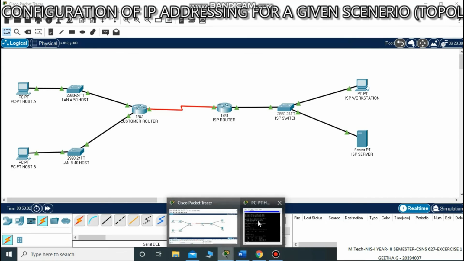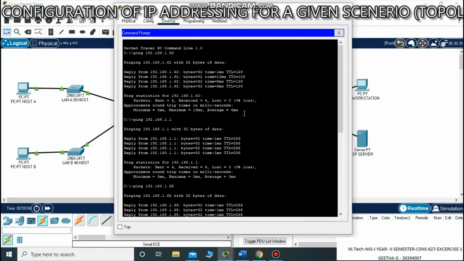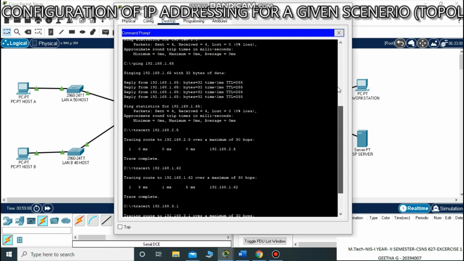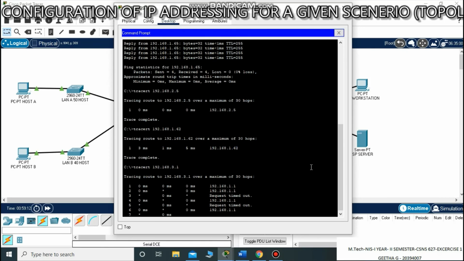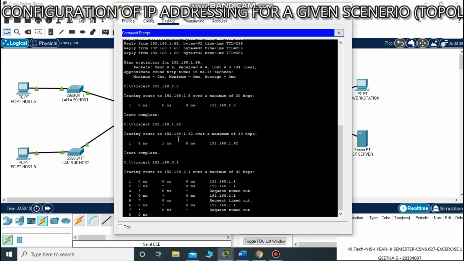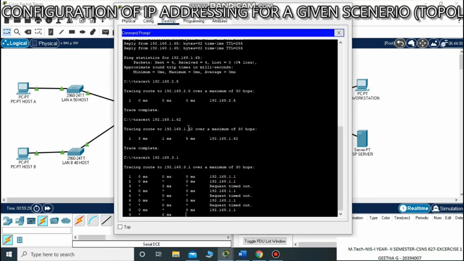We can see the basic ping commands, like pinging devices with their IP addresses, and also we can trace the routes to see whether the devices have been connected or not, with the connectivity test tab.